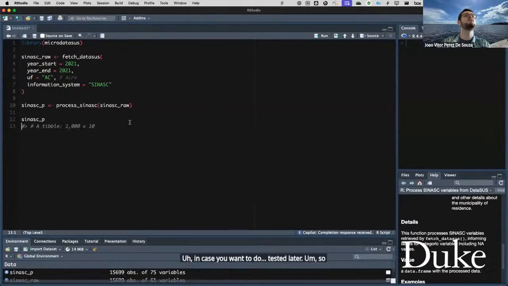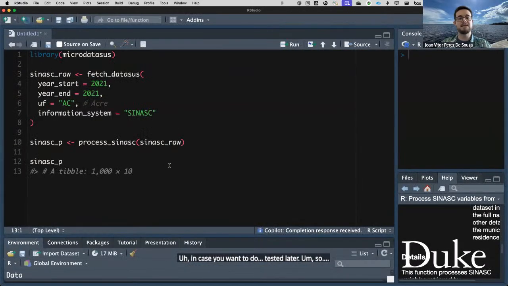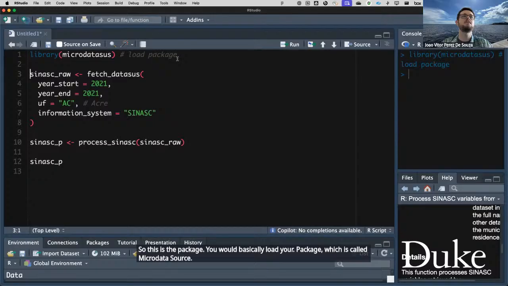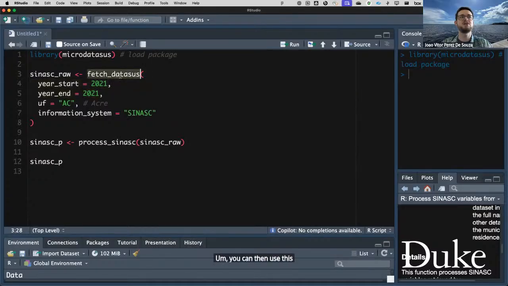So this is the exact same example that I showed you on the slide just now. So this is the package. You would basically load your package, which is called microDataSUS. You can then use this function called fetch_datasus that is going to fetch the data for you.